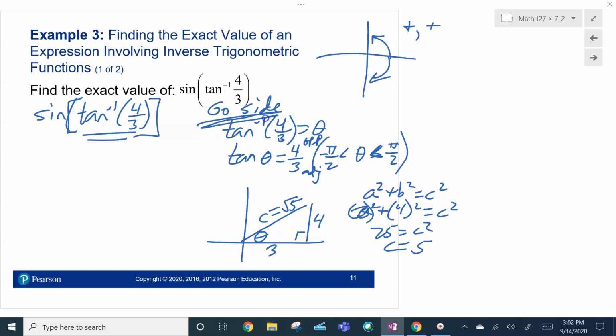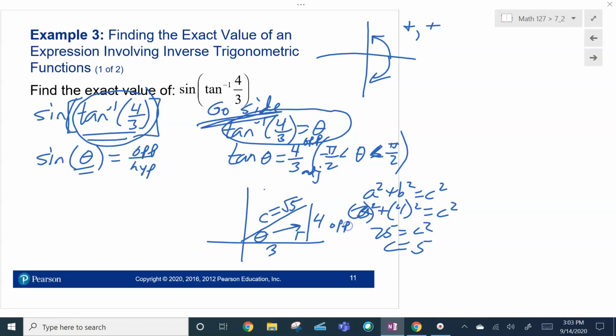Now, notice I went to the side and I called the arctangent of 4/3 theta. And I've got a picture of theta now. So the question becomes, what's the sine of theta? Well, the sine of theta, by right triangle trig, is opposite over hypotenuse. So we got 4 over the hypotenuse. So the sine of the arctangent of 4/3, which we called theta, in other words sine of theta, is 4 over